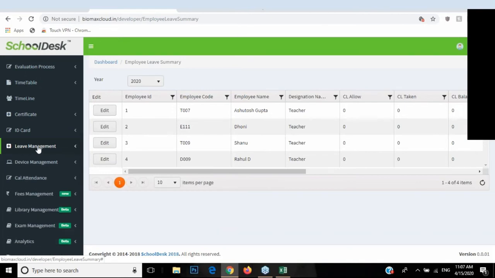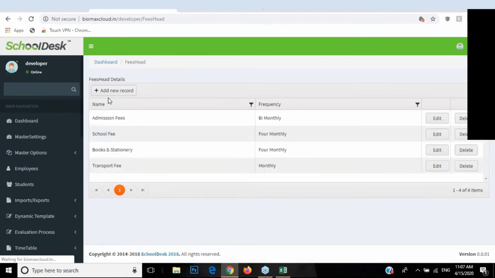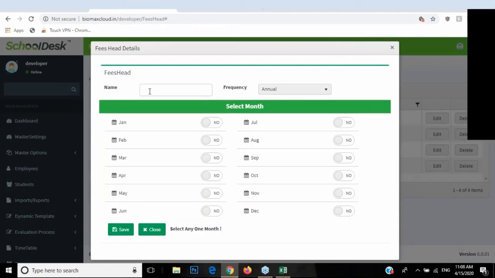So these are the leave management options, and after that let's see the fees management option. In fees management, first we have to create all the fee types, that is, what kind of fees we want to collect from students. We will create that in fees head. So we will go to fees head, add new record. You have to write the name here for what kind of fee, for example, annual fees,